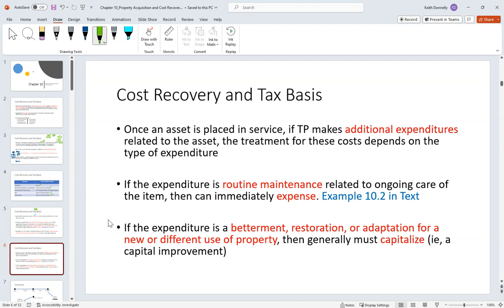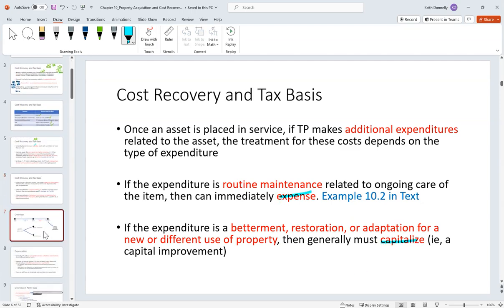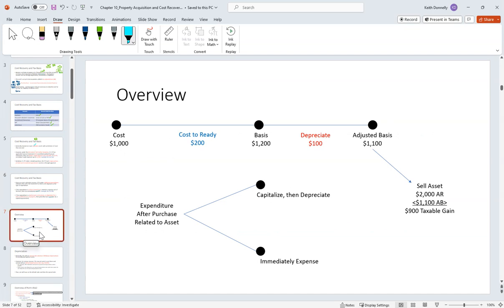All right, once you get the asset up and running, you then need to distinguish routine maintenance, which you immediately expense, from capitalized improvements that you have to capitalize. So this is a good thing to show you what's going on. As a summary, your initial basis is this guy right here. It's basically, for purposes of right now, cost plus. And what I mean by that is it's your cost plus any of those other costs to get the asset ready for use. Basically, all the money you put into this up until you flip the on switch, that's part